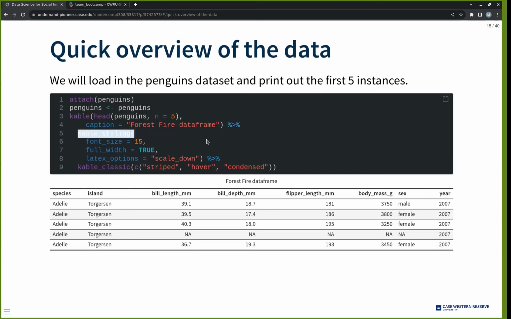Then this chunk of code is just styling. So you do kable styling, define the font size, define the width of the table, define the LaTeX options, and define the way that you want to represent your data. So it's not very important. Doing all this is unnecessary. You can also just type head and in brackets penguins, and that will also give you these five rows. So that is the main purpose of this slide, to show you how to see the first few